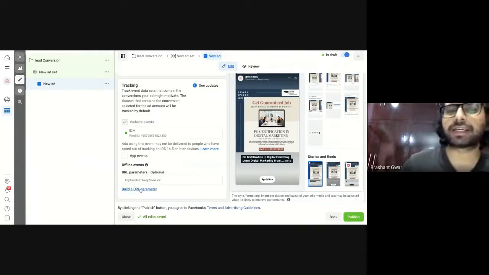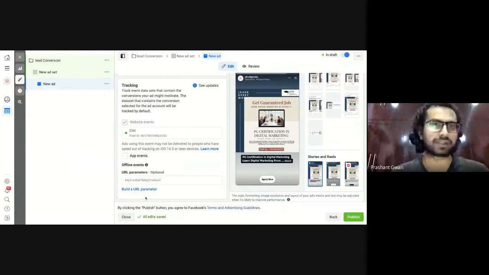The last part is creating the URL parameters. We already discussed the URL parameter in the social media monitoring and listening part. And I gave you the example of Google where you can create these kinds of URL parameters to find out where your audience is coming from. Let's say you are checking your website data on Google Analytics or Google Search Console, and you are confused which marketing campaign is generating leads for you and which is not. You can use this website URL parameter like this.